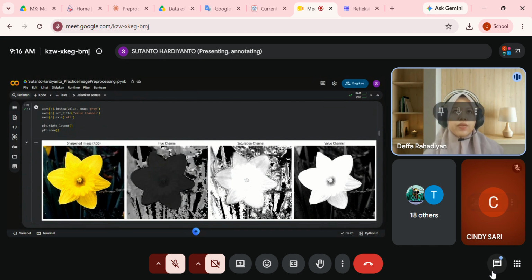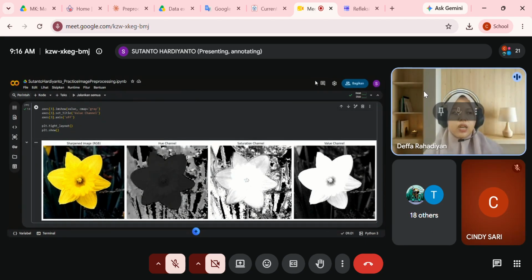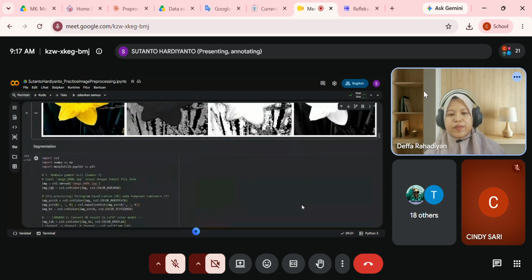By the way, in HSV, actually the hue and saturation are only the way we modify the V value, V or value. That's why in here, if we want to process something, the thing that we process is only value, not hue and saturation. Because hue and saturation are only the indicators to give the impact related to this V or value. Okay, and then in here, this is the sharpen image to RGB. This is hue, saturation, and value. Okay, scroll down.